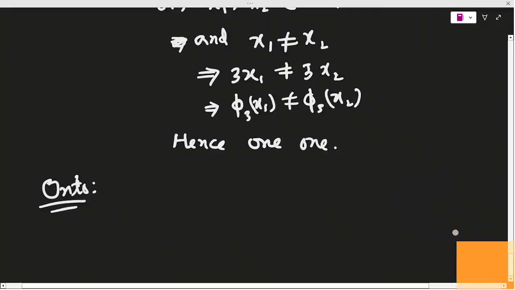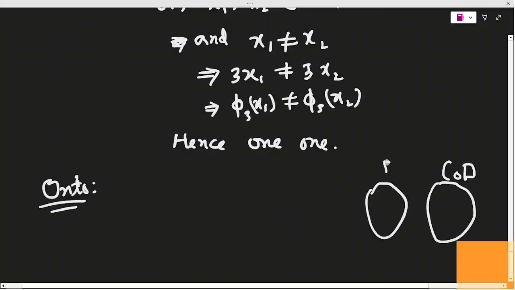Take any element in the codomain set. ये कोडोमेन का सेट है, ये डोमेन का सेट है। आप यहाँ पे किसी भी एक एलिमेंट लीजिए, उस एलिमेंट का यहाँ पे एक प्री इमेज एग्जिस्ट होना पड़ेगा। लेट